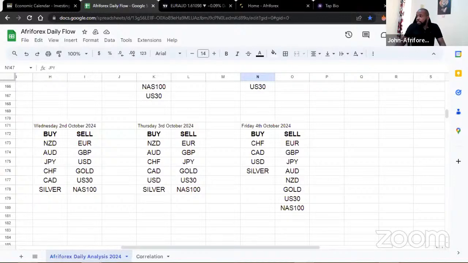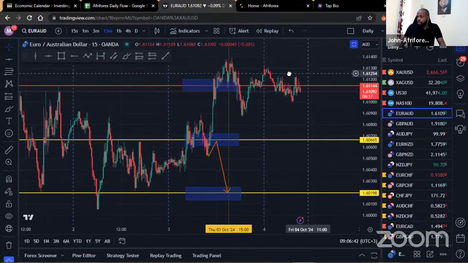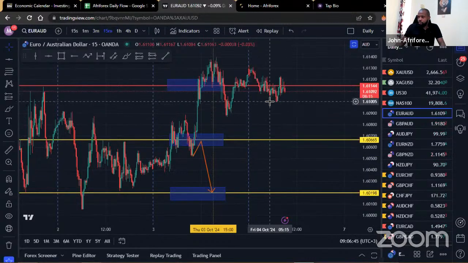So we'll start off by looking at the watch list, what we had yesterday in comparison to what we have today. You can see what the watch list is looking like today, Friday, the 4th of October. Feel free to take note of that. You can see a couple of changes, not really that much, more so to do with the New Zealand dollar. This is what we're going to be looking at. So we'll start off by looking at the currency pairs that we had yesterday that unfortunately are not going to be on our watch list this morning.